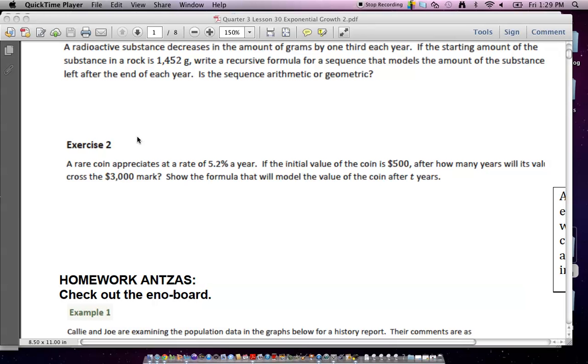Now, the first Do It question is exactly the same question we had yesterday. But I wanted to emphasize the whole 2/3, 1/3 thing for a second time because I feared that maybe we wouldn't understand that, okay? A radioactive substance decreases in the amount of grams by 1/3 each year. If the starting amount is 1,452 grams, write a recursive formula for a sequence that models the amount left at any point in time. Okay, so,